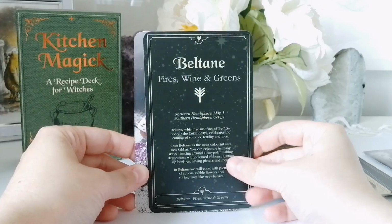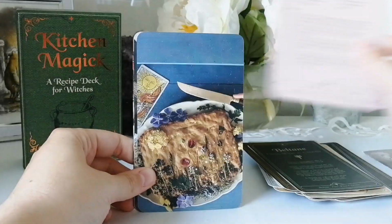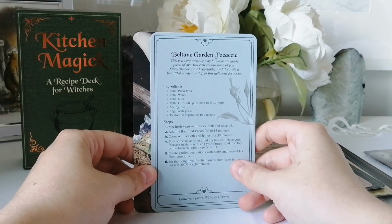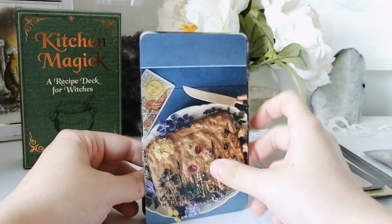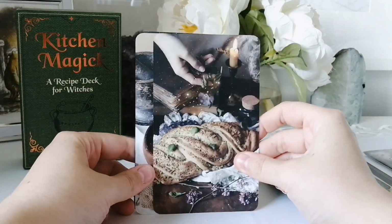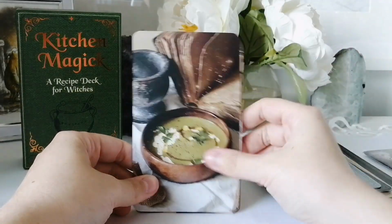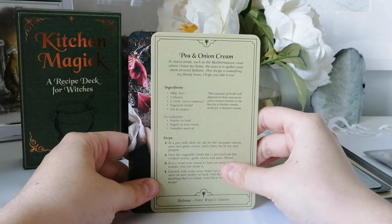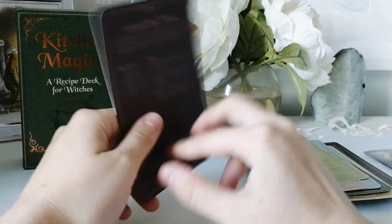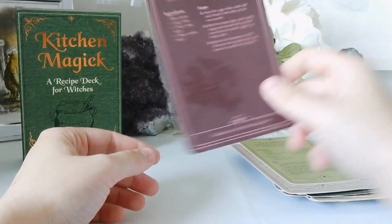Then we get into Beltane. Looks like a cake of some sort. Yep, rose vanilla cakes. We have what looks like to be another kind of thing. Oh, it's a focaccia. Yeah, I probably wouldn't do it like this. I'd probably do regular focaccia, but a garden pesto bread. Interesting. Oh, we have another type of soup. Pea and onion cream. Yum. I like soups, so that's good. And then we have candied rose petals. I don't know about that specifically, but